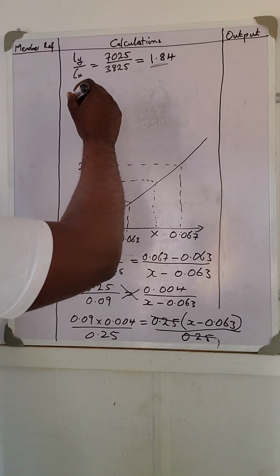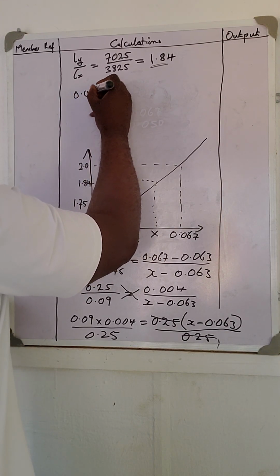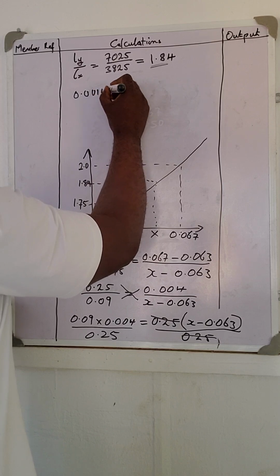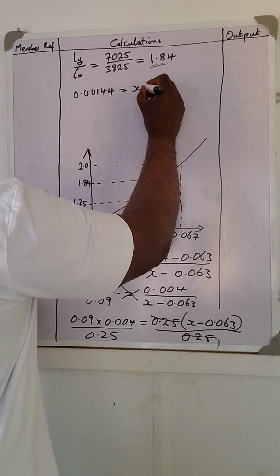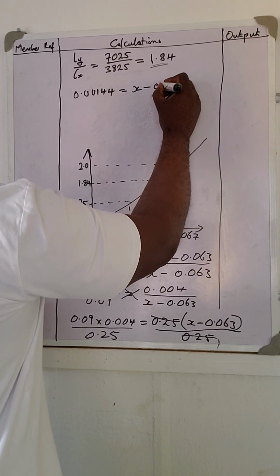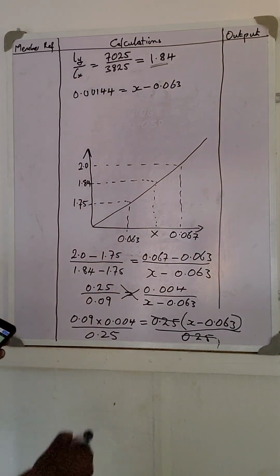This one will give me 0.00144 is equal to x minus 0.063. So by the time you collect like terms, now